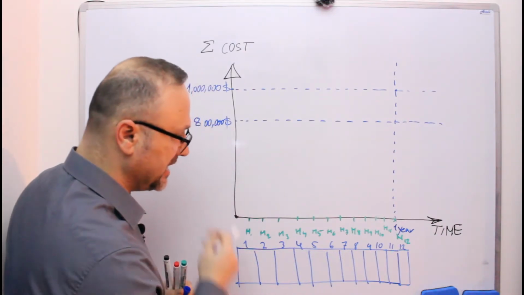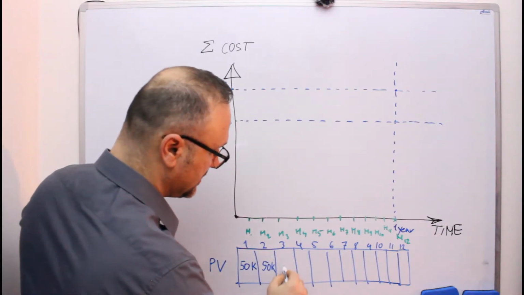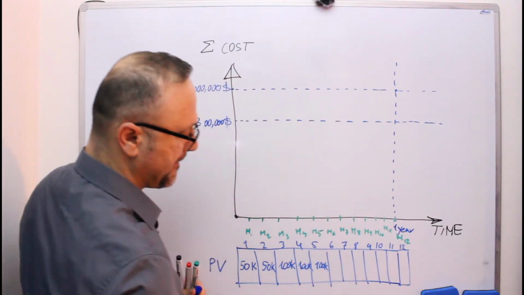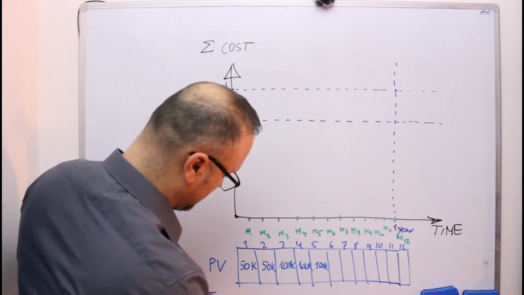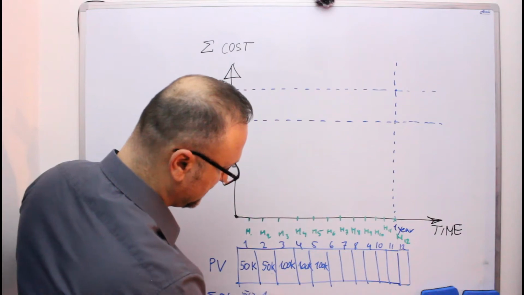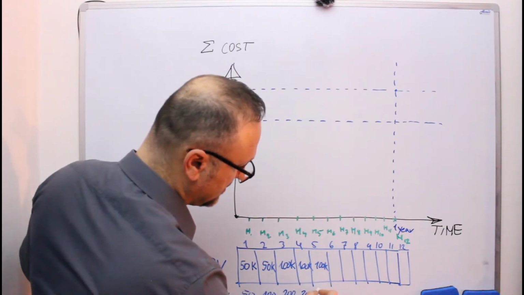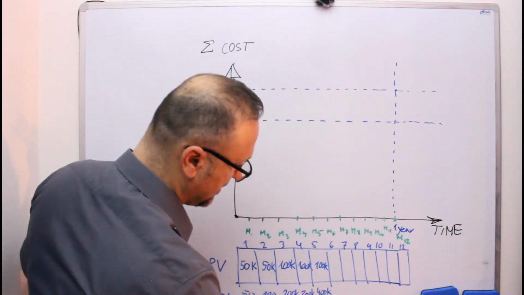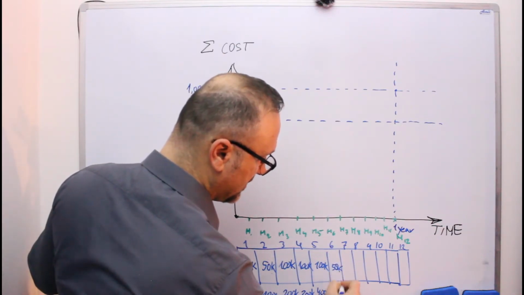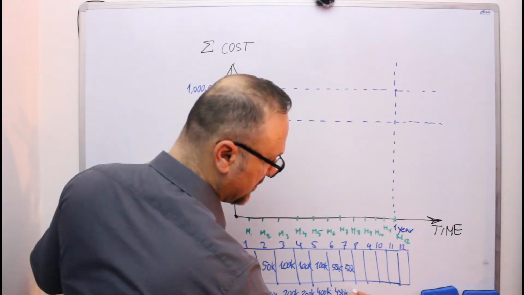So the cost plan over here, if I say this is 50, this is 50, this is 100, okay, so here I have cumulative, I have 50, here I have 100, because 50 plus 50 is 100, 100 plus 100 is 200, this is 300, this is 400, also all in thousands, 400, okay, so if I say here is 50, so it is 450, also 50, if this is only an estimated value, 500,